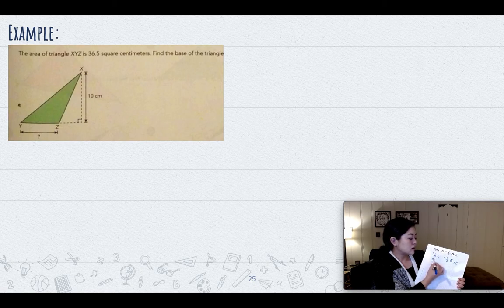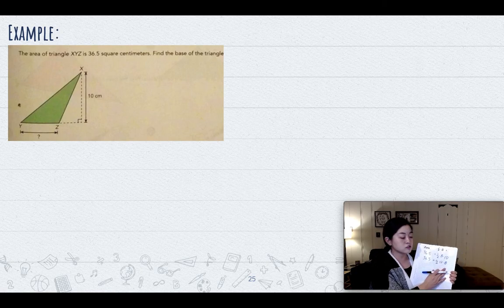Now, because we're multiplying this with this with this, order doesn't matter. You can put it in any order. So I'm going to put my number values right next to each other, okay? Because if you saw the review video, it's customary just to put our unknown variable last. Half of 10 is 5. So this is 5b is equal to